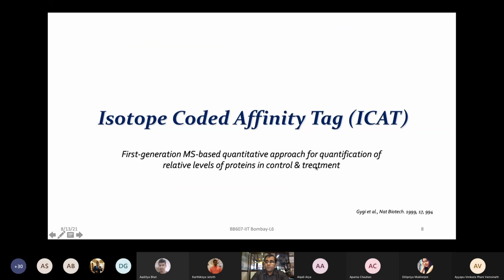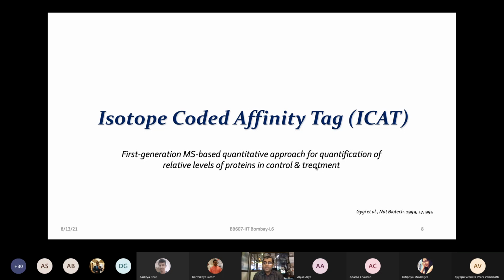So ICAT, or isotope-coded affinity tag. This was one of the very first approaches showing that mass spectrometry can also be used for quantitative proteomics directly from the shotgun approach. Otherwise, earlier people conventionally used 2D gels or 2D DIGE dyes, which is a technology difference in electrophoresis, where samples were labeled with Cy3 or Cy5 dyes, mixed together, run on one gel, and the image scanned, and you get two images of Cy3 and Cy5 that can be used for quantification. That was the 2D dye-based concept, which was quite attractive in the 1990s, so 95 to 98 or 2000. During that time, that was the very attractive approach for quantitative proteomics.